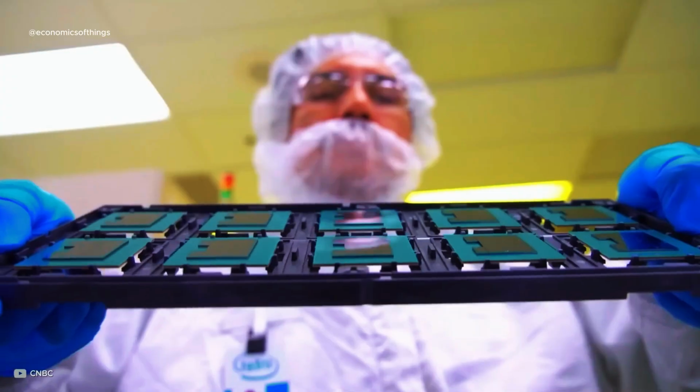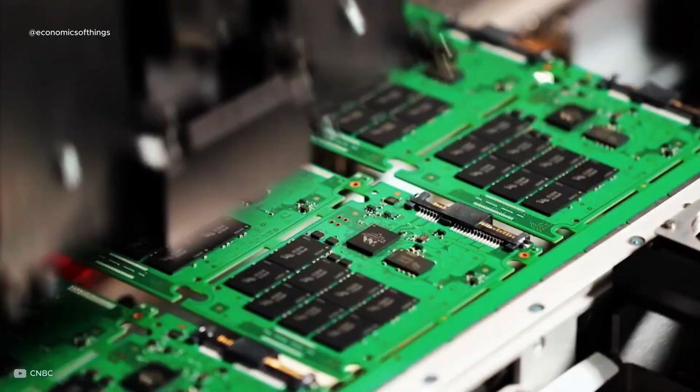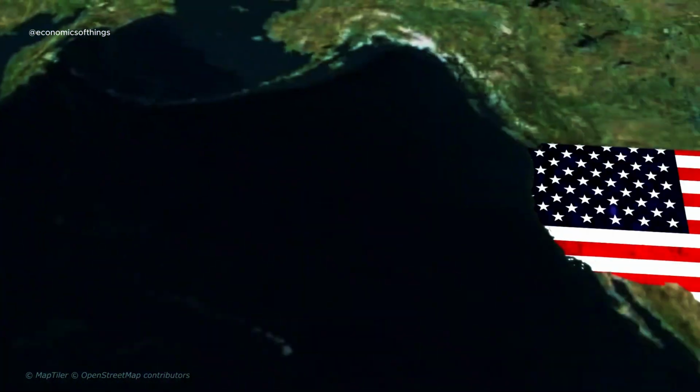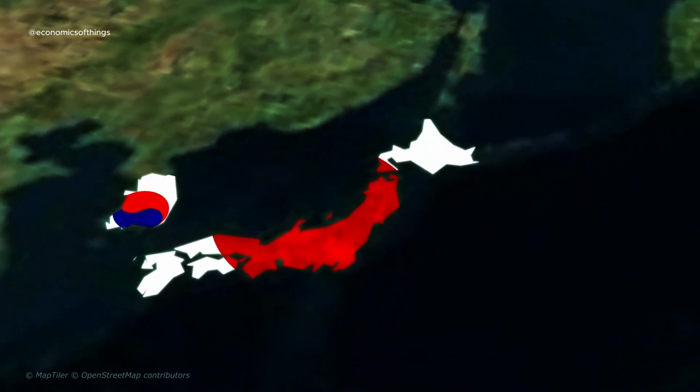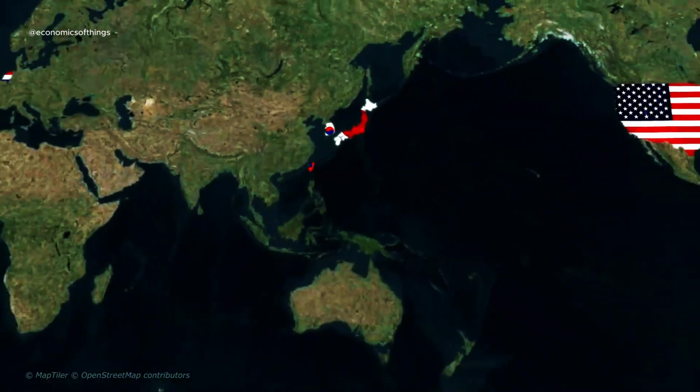The semiconductor production chain involves 5 countries. Initially, the Netherlands manufactures machines for chip production. In the United States, software development for operating these chips takes place. In South Korea and Japan, the chips are manufactured and assembled, and finally, in Taiwan, these chips are installed in